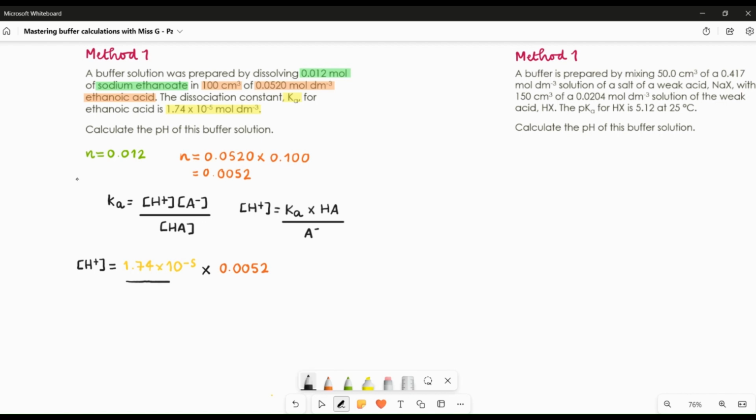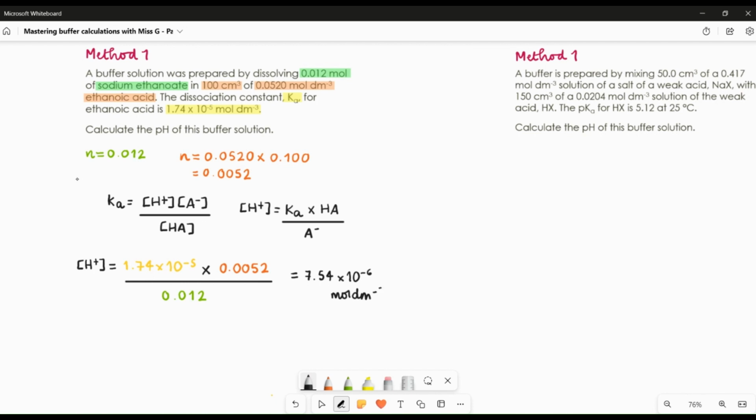And then we're going to divide that by the moles of the salt, which we were given straight away as 0.012. Then I just need to put all of that into my calculator, and that will give me the H plus concentration. So just bear with me a second while I do that. So that gets me 7.54 times 10 to the minus 6